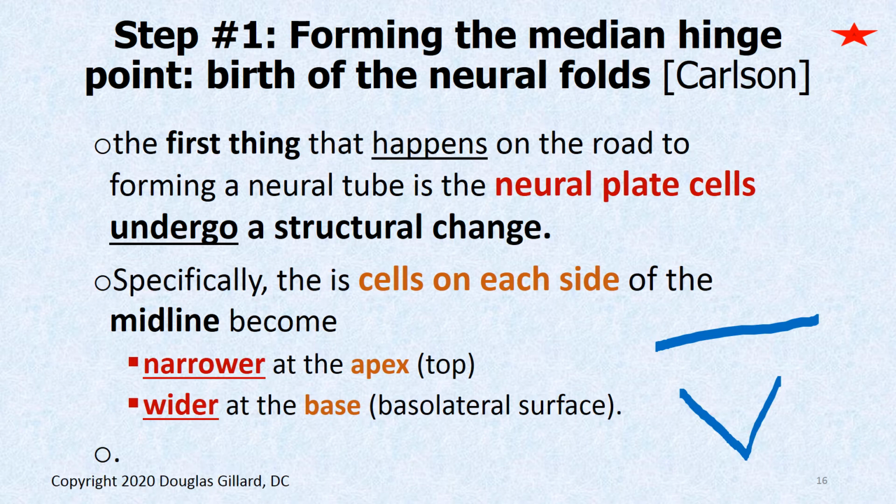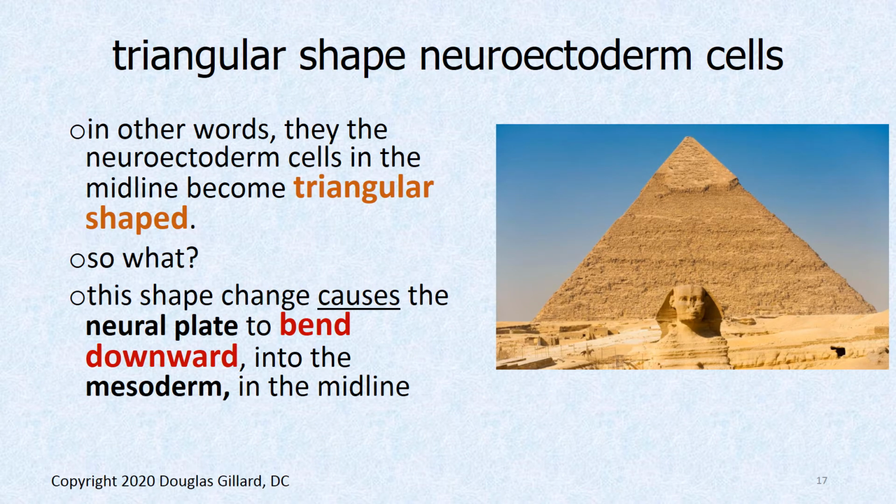And in order to do this, we need to take these cells right in the middle of the plate, and instead of rectangular in shape, we need to make them triangular in shape. If we make these cells triangular, this thing has to bend into this formation. That's exactly what happens. Right? So some of the ectoderm cells in the very midline start to become triangular in shape, and that causes us to get